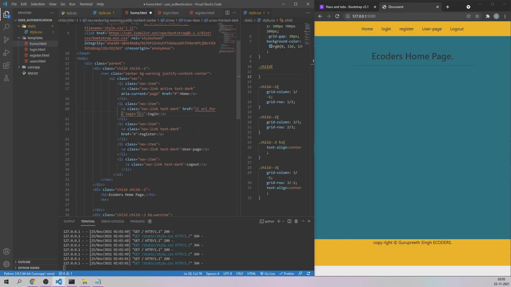That is the route we have mentioned in the function. For login we are going to go to the login page, in double quotes. For the register page also, again use the double curly braces, come inside and say url_for. Now mention the route: register.